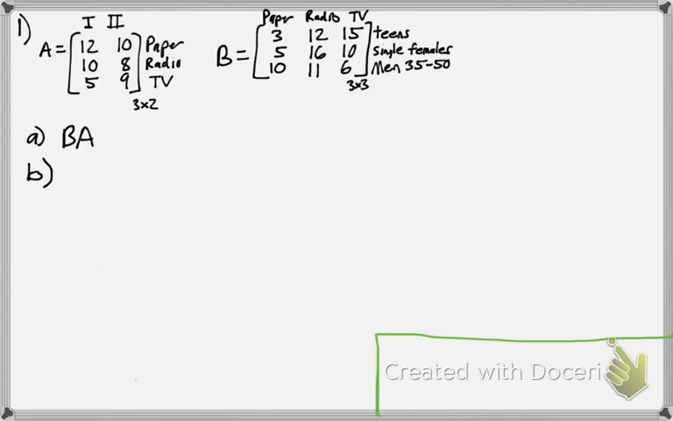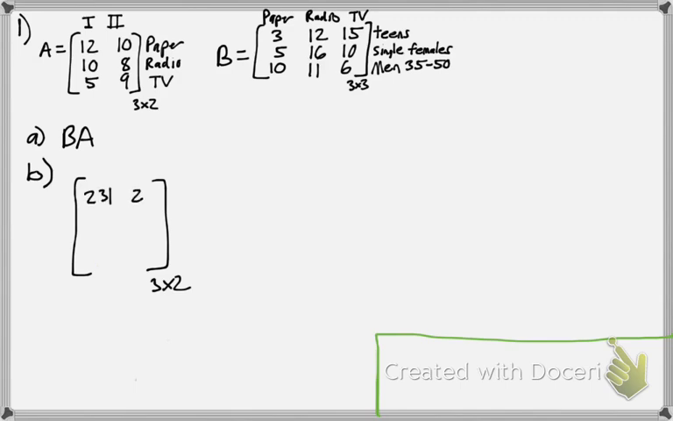Our answer matrix is going to be a 3 by 2, and if you type it in on the calculator, you can just type in matrix A into matrix A, and matrix B into matrix B, and then do B times A on the home screen. You should get